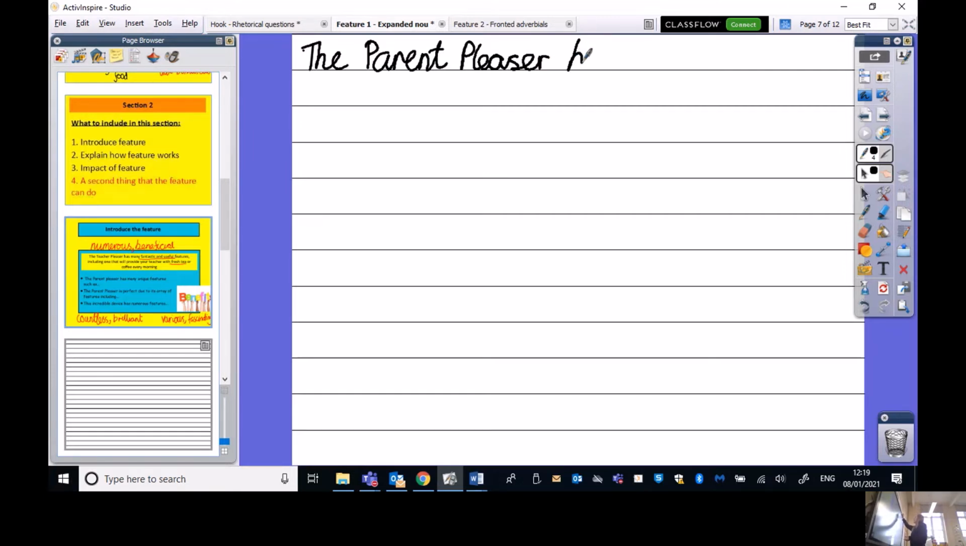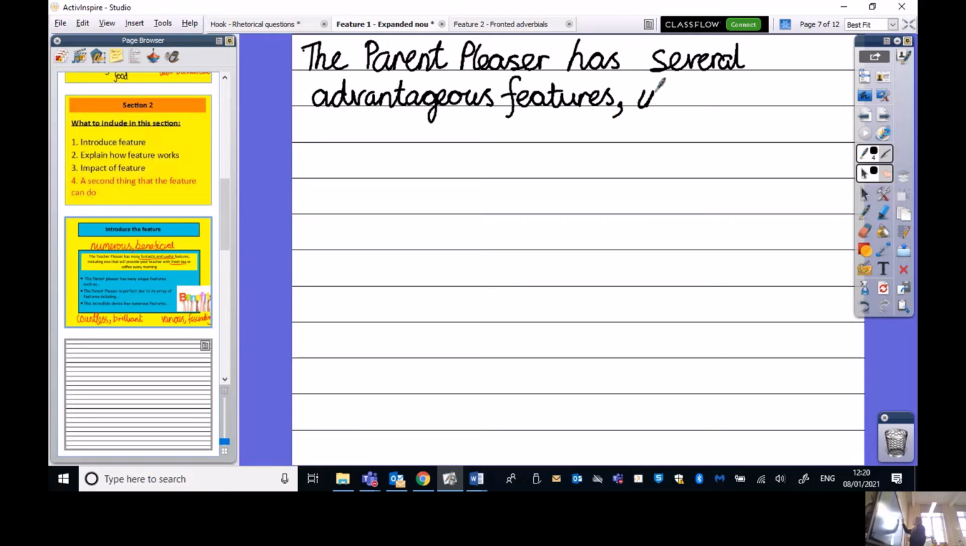What am I going to say? Has several. Then I'm going to use a word that we've just learned last week: advantageous features. And then I'm going to write in a comma, because it's the end of my front adverbial, including